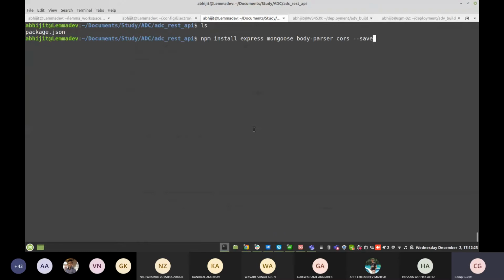Before starting the application implementation, the prerequisite is that Node.js is installed on your machine.